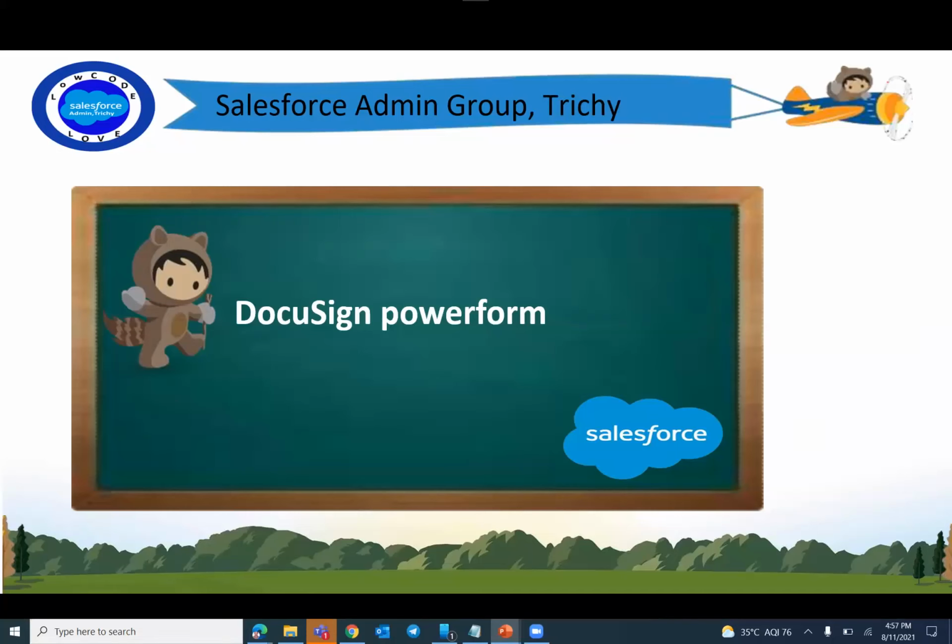But when we are using the Power Forms, the email body and subject we can set up in Power Forms only, with whatever default subject and body it is taking, like sending completed mails or to roles in the DocuSign Power Forms.